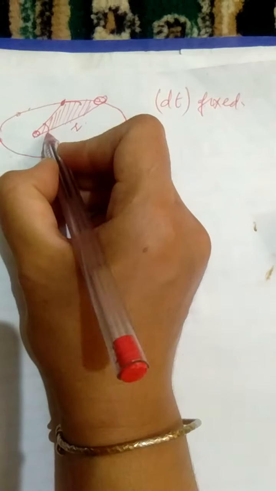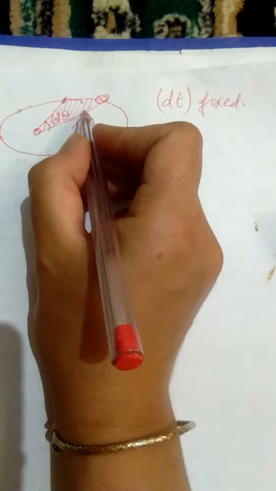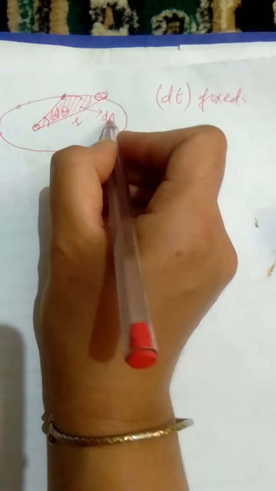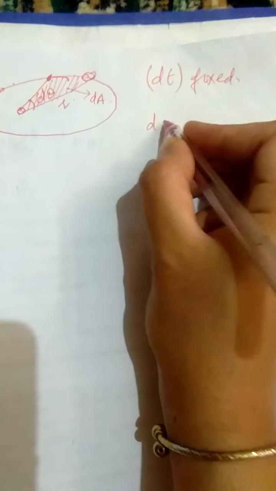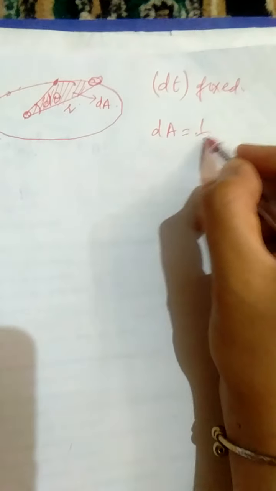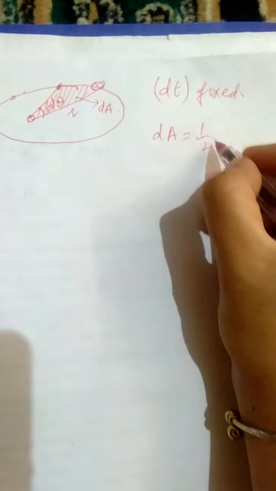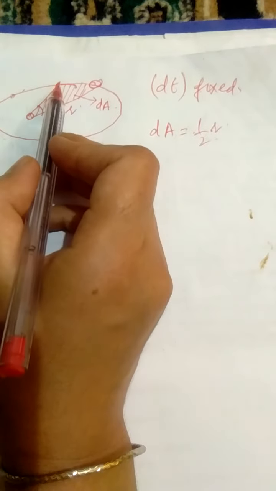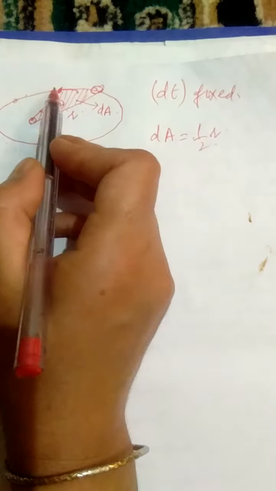So in all, we want to say that dA by dt will be a constant. Now suppose this angle is d theta, a small angle, and the area swept by the radius vector is dA. Now how do we define this dA? If we assume this to be a right angle triangle, then its area is half of base. What is base? R. And what is perpendicular? It is the length of this arc, right?